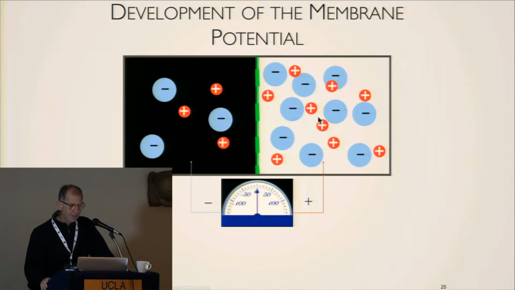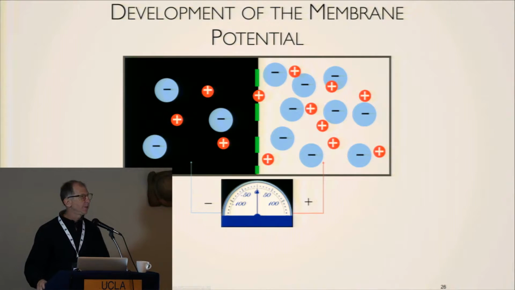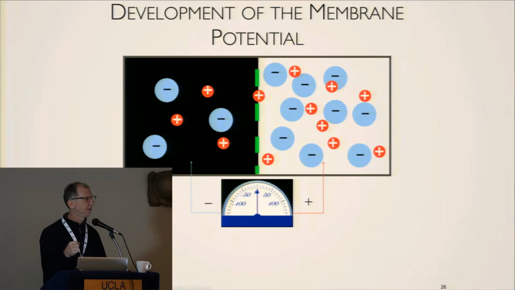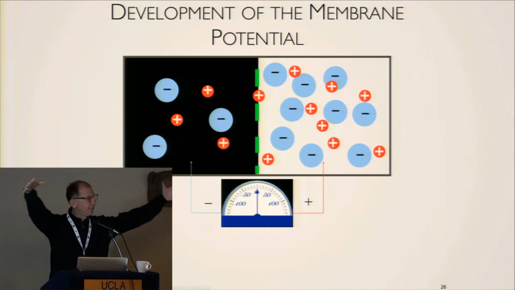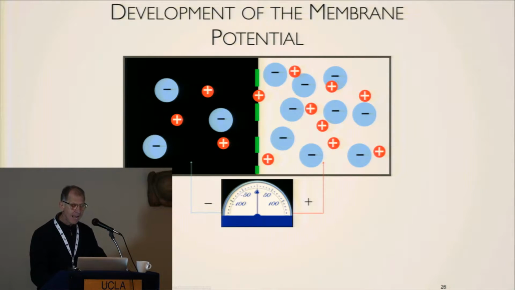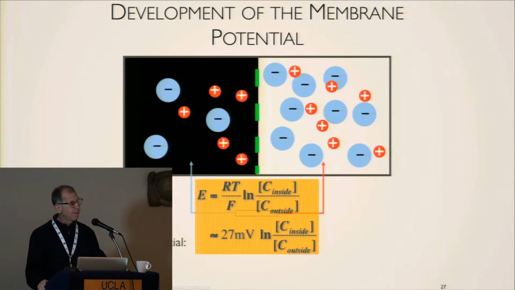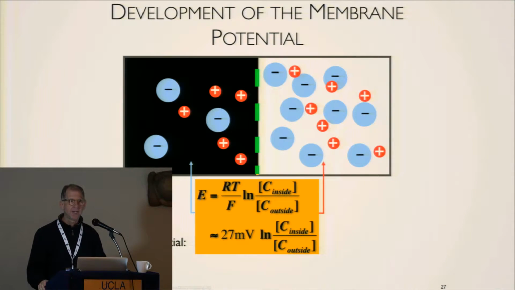Were I to open that barrier, what will happen is that the charges will move down their concentration gradient, right? Much as if I opened a container of perfume right over here, not too long from now, people in the back row would smell it. Things go down their concentration gradients. It's a very, very high-powered statistical function. The improbability of having everything in one place is too high, and things move to their more probable location, which is an even distribution. And they move enough that some of them will cross onto the other side of the